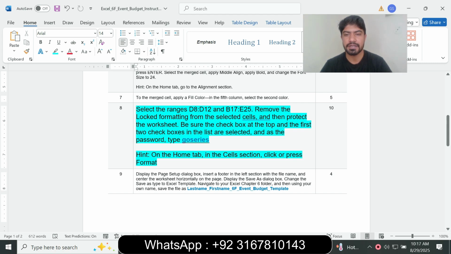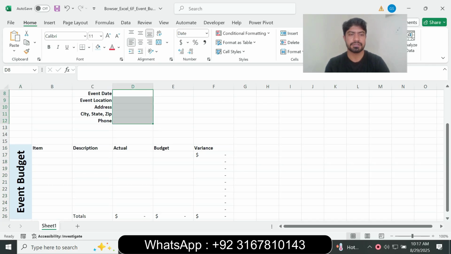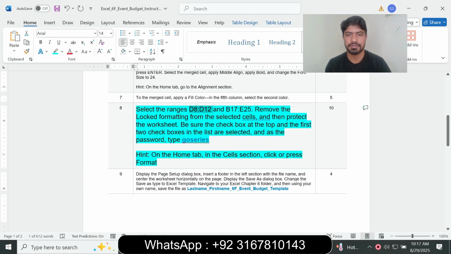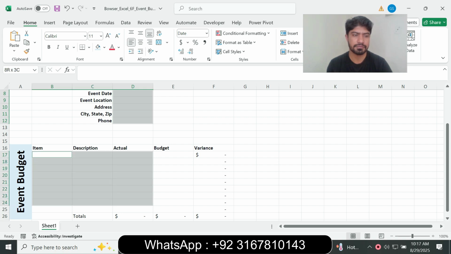We show the checkbox at the top and first two checkboxes are selected, and then the password is go series. So select the range D8 to D12, copy the range and paste the range, press enter, and next is B7 to E25. So B7 to E25,